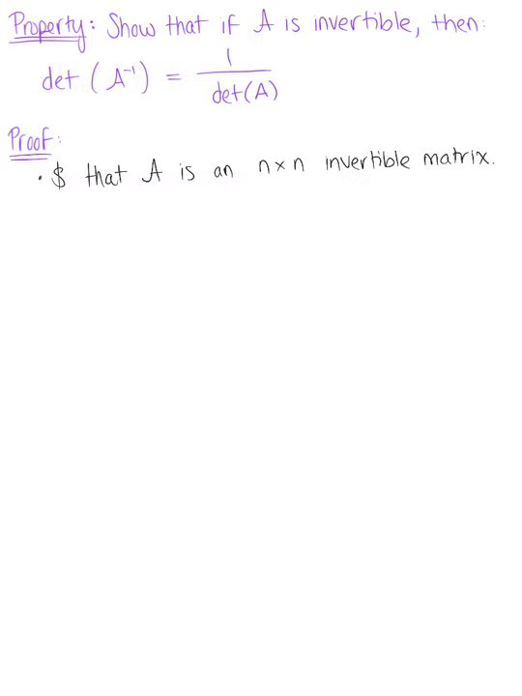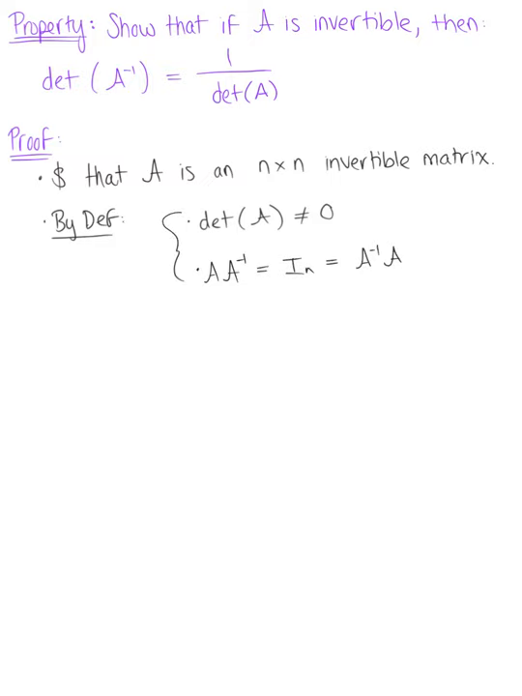So if A is an n by n invertible matrix, we know that by definition, this implies that the determinant of matrix A does not equal 0. And we can also conclude that matrix A right-hand multiplied by the inverse of A is equal to the n by n identity matrix, as well as A left-hand multiplied by A inverse is also equal to the n by n identity matrix. So we can further observe that since A is invertible,